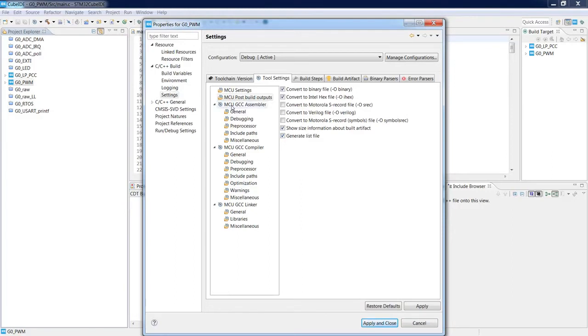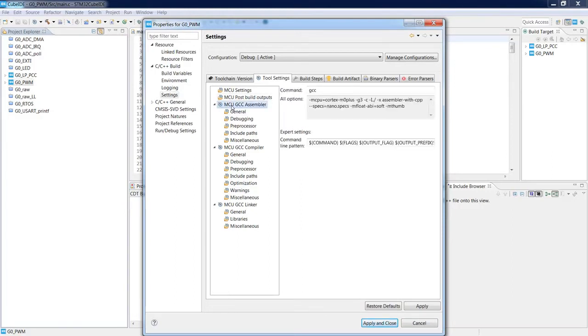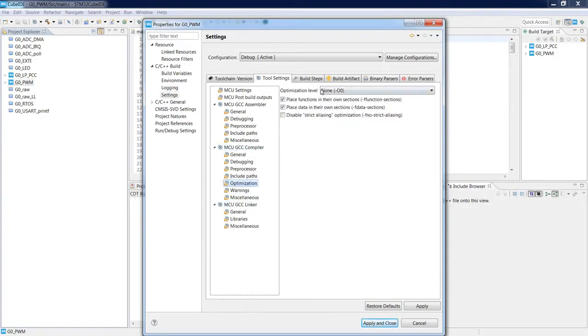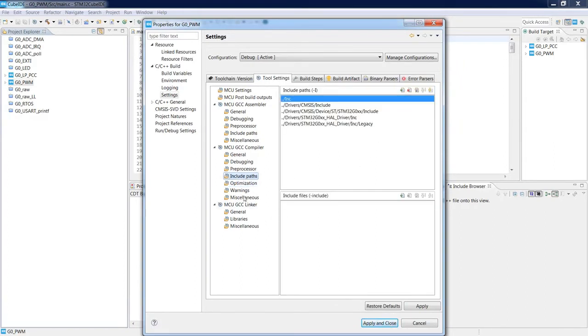Then you have three main big sections concerning assembler, C compiler, and linker. Within those sections, you can set some additional settings for those components. Most important ones are within the C compiler. So, for example, you can select the optimization level, which is by default none, so 0. You can modify the include paths.